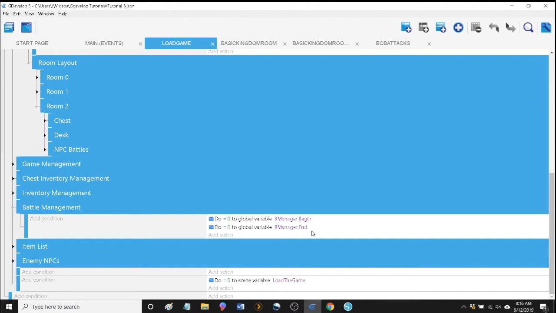That way we can control what's going on in the game. You might not always want Bob to be able to attack, so this is a good way to do that. It also controls how much code we're running. So let's use our trigger variable here, bmanager.begin,